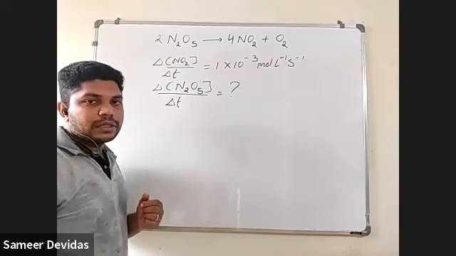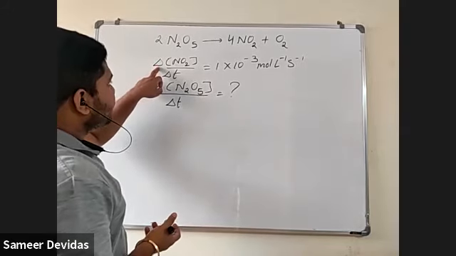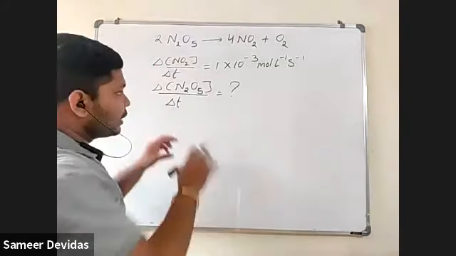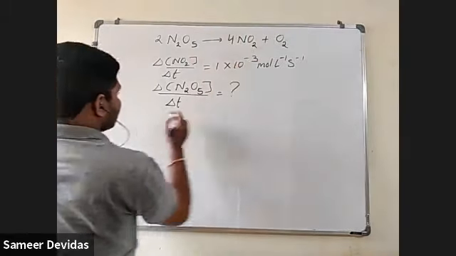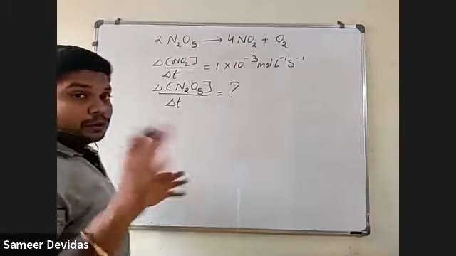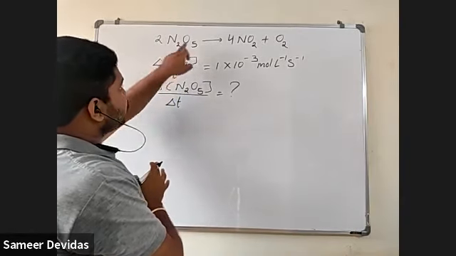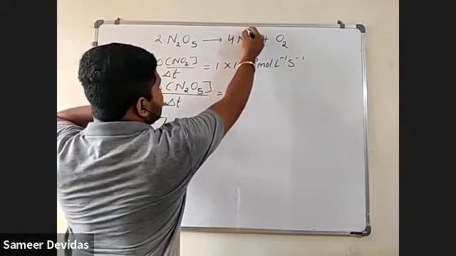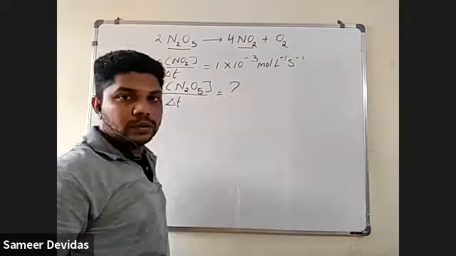How are we going to do this? The same way as before, by calculating the average rate. Now here they have directly mentioned delta, that means it is the average rate. So now we are going to write down the average rate for the entire reaction. Or else, if you have understood the concept, directly write down the average rate for NO2 and this. No need to write down for O2.